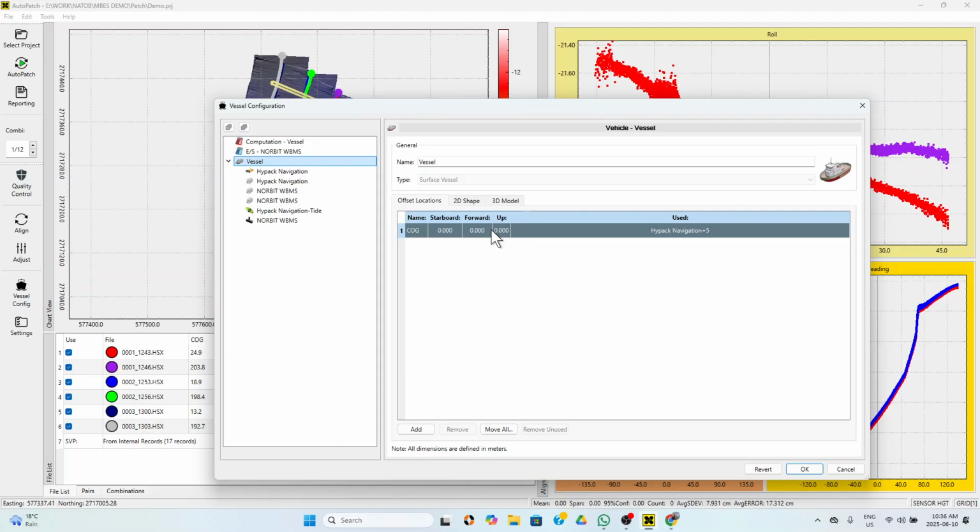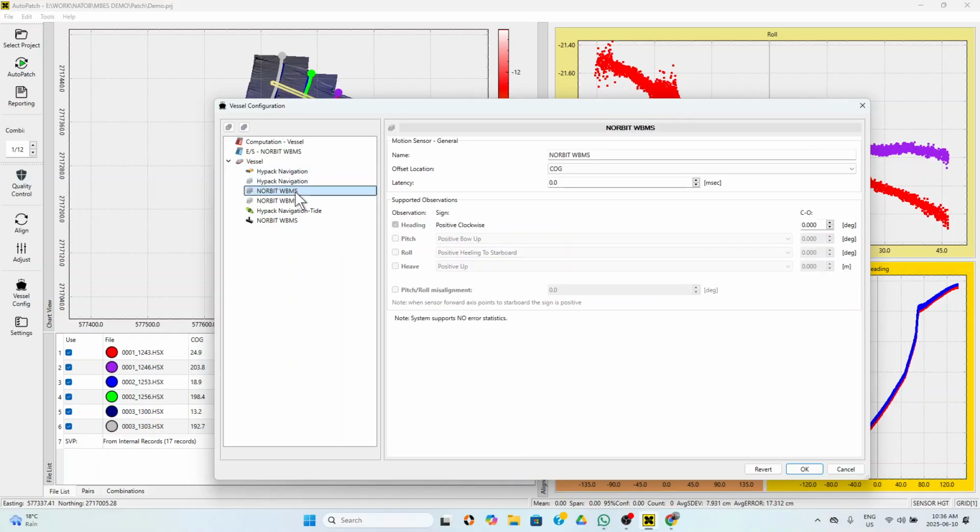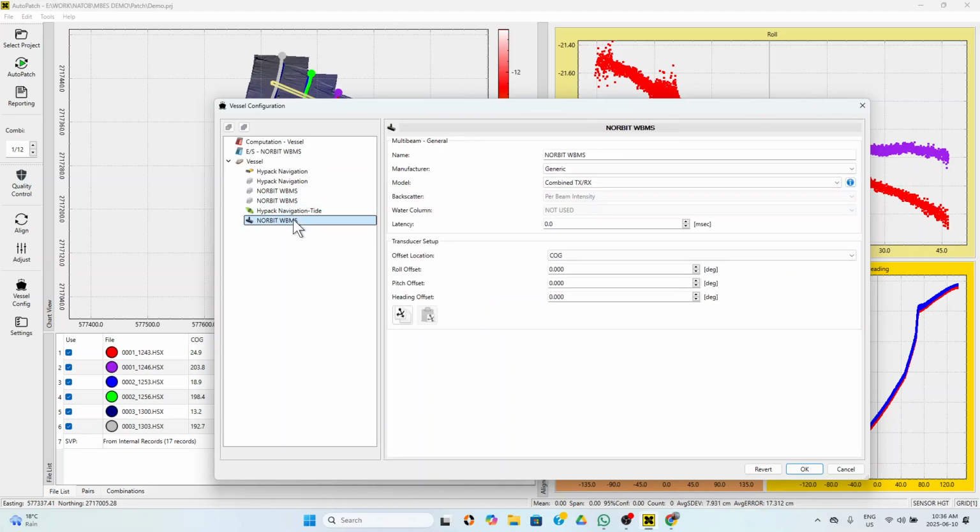So it's as if it's coming from the COG, but if you want to add more offsets, you just need to click that button and add more offsets, and you can reprocess your data with respect to those offsets. Then you have the source of navigation, the source of motion, and the source of tide. And then this is the multi-beam echo sounder itself. Those are its properties, but importantly, you see that there are no patch test values. They are all 0, 0. So this is what we want to calculate. So if I click OK,